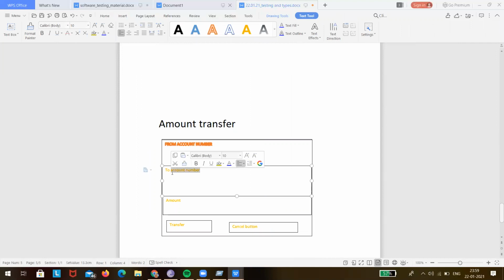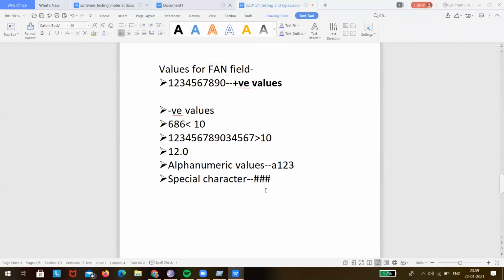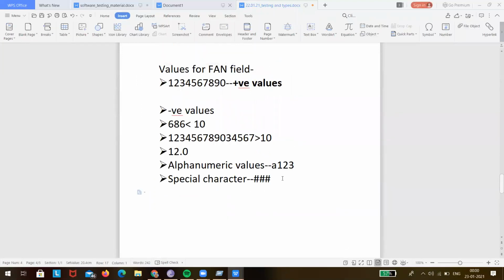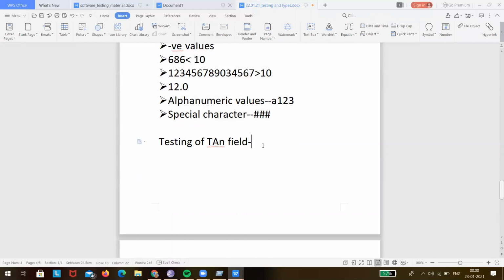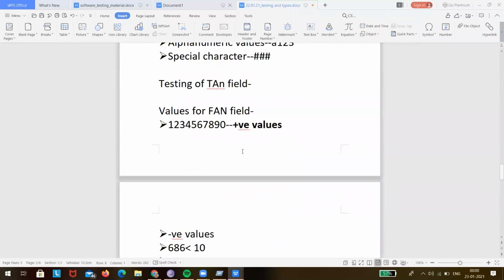Now we are going to test the tan field. So the testing of the tan field will be what? Again, we'll give the values. First we'll give some positive value, and then we'll give the negative value. So now let me just fill. This is, suppose, a positive valid tan field. Then